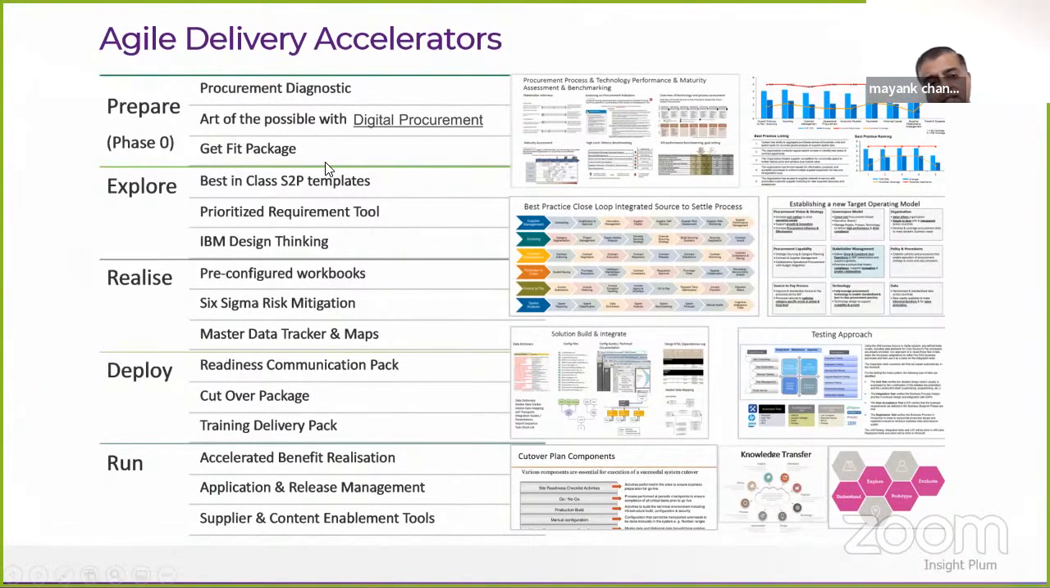There's something called a get fit package. This is basically a set of project tools that help you have the right preparation in place, whether it's your master data, your resource planning, or assessing the current tool set. It makes sure that when you start the project, you have all these things in place that you need through the duration of your project, so that there isn't a dependency on them that could potentially delay it. A very good feature here again is to use best-in-class templates and a prioritizing requirement tool,